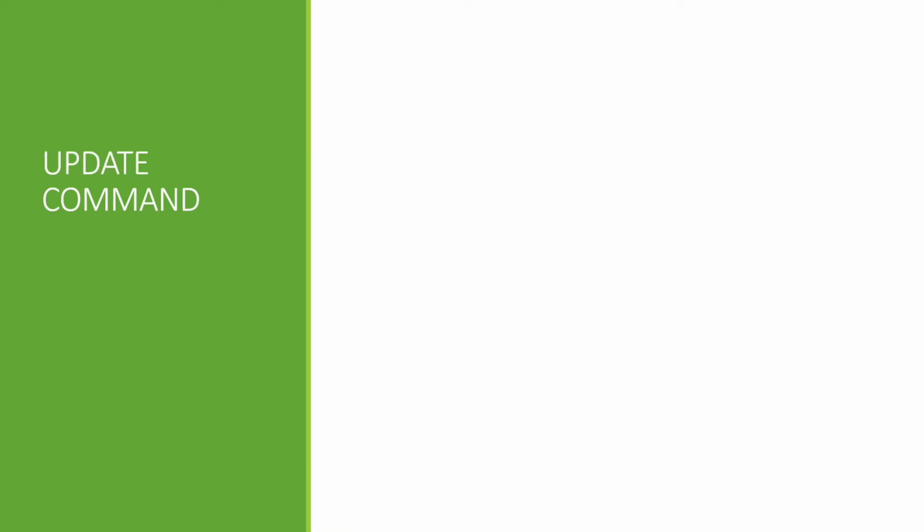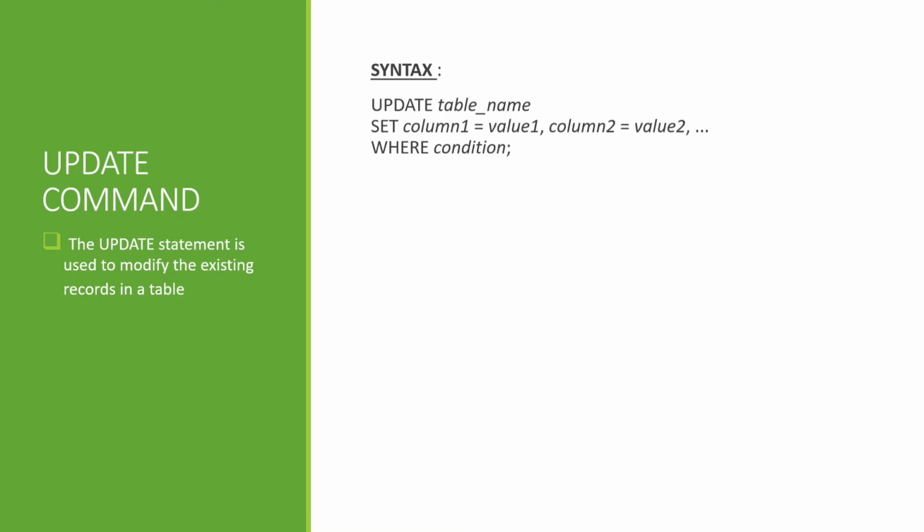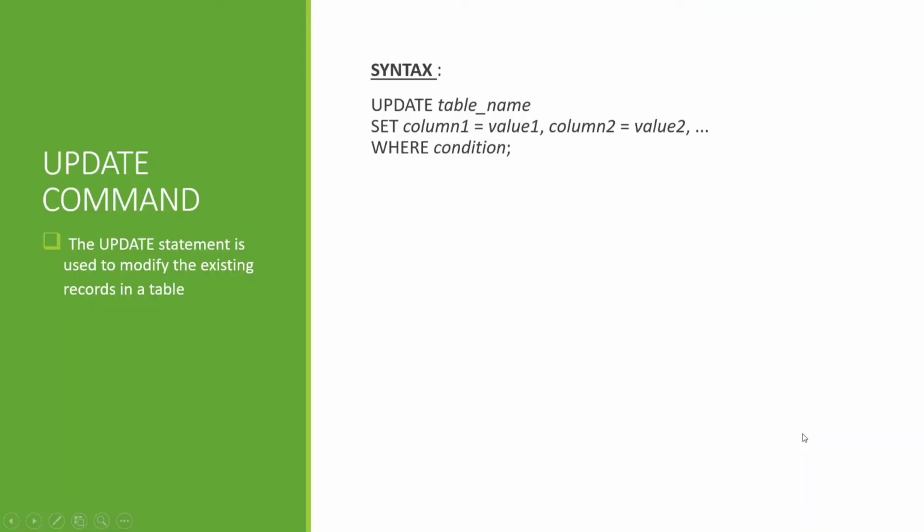Now the next command is the update command. So the word itself says that it is actually used to update certain values of a particular record that is present in our table. So the syntax says update table, set the particular column, and then the where condition. Now let's look at an example of the update statement. So the example says update students, set name equal to Jackie where ID equals to 1.